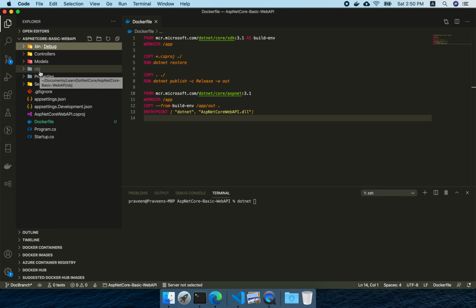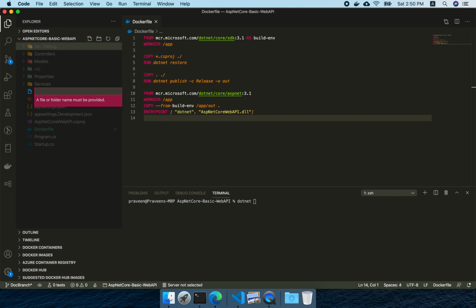So if you want to eliminate that, what you have to do is create a file, similar to a .gitignore. Similarly, you have to create here one more file called .dockerignore.